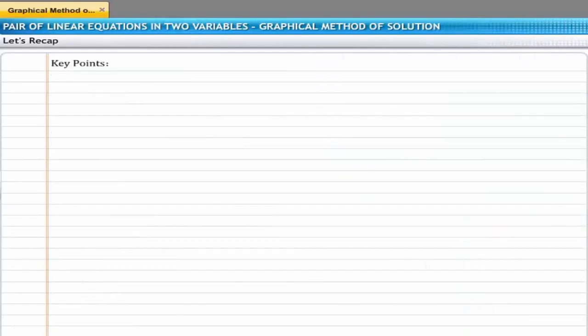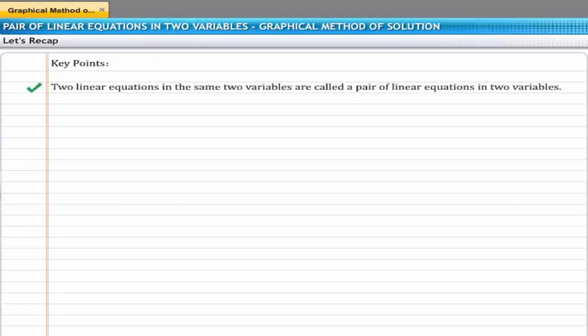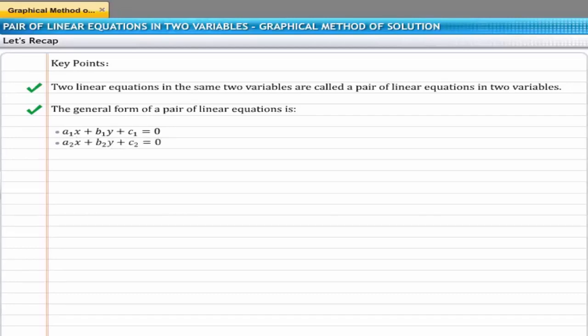You have reached the end of this section. Before moving on to the next section, let's recap the key points covered. Two linear equations in the same two variables are called a pair of linear equations in two variables. The most general form of a pair of linear equations is a1x plus b1y plus c1 is equal to 0, a2x plus b2y plus c2 is equal to 0,